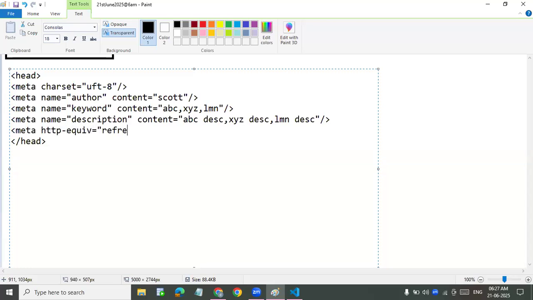Here, refresh, content equal to 4 or 5, any number you write. So every 4 seconds, my web page will be refreshed. Because of this meta tag, every 4 seconds, my web page will be refreshed. After refreshing, if you want to redirect to another URL, you can write it here, URL http